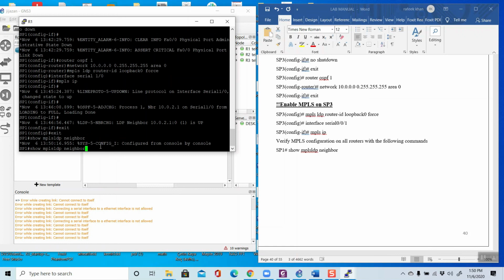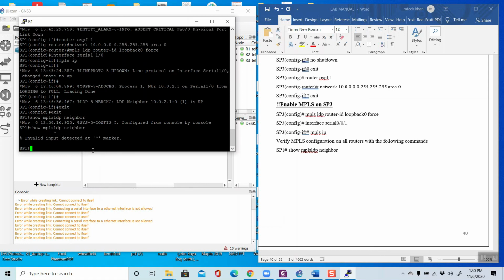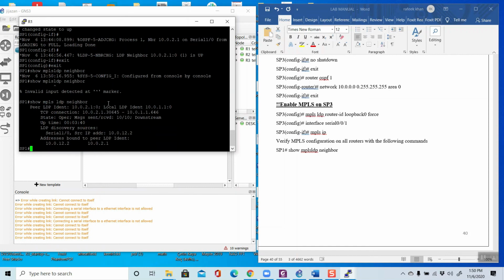While you are doing this, sorry, there should be a space: MPLS LDP. If you do it the correct way, it shows like this. Peer to peer, it should become like this, LDP.